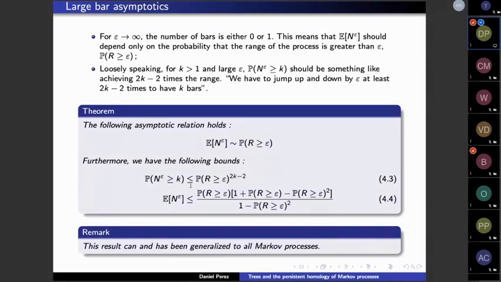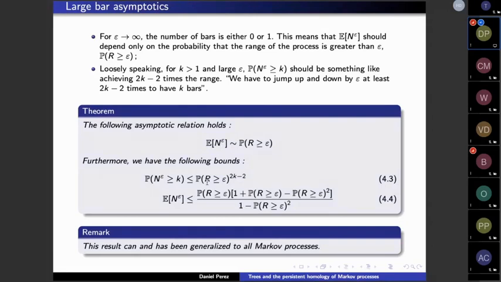And again, once you have a bound on the distribution, then of course you can give a bound on the expected value simply by summing everything here. If you do this sum, you get the following expression, and that will give you a bound on the expected value of an epsilon. This, in fact, is valid for all Markov processes. So for all Markov processes, we know asymptotically what the expected value of an epsilon will look like,